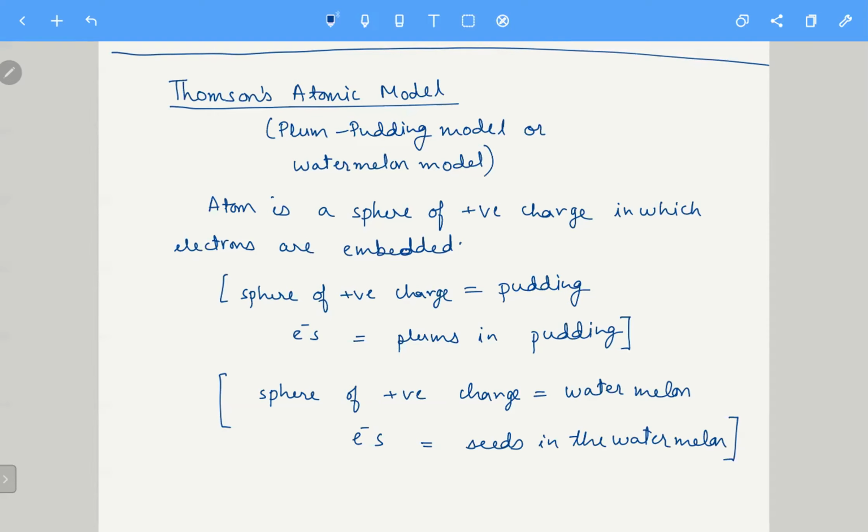The positive ions start moving in the opposite direction, electrons start moving towards anode, and the positive ions start moving towards cathode. This could successfully explain the results of the cathode ray and anode ray experiment. It was widely accepted at that time, till before the Rutherford's atomic model came into picture. We'll talk about the Rutherford's atomic model and its calculations.